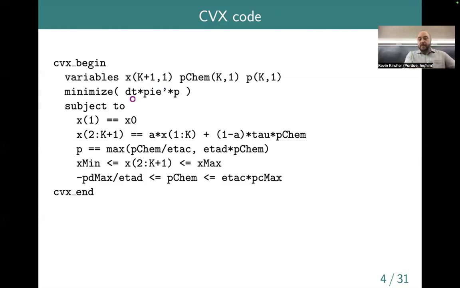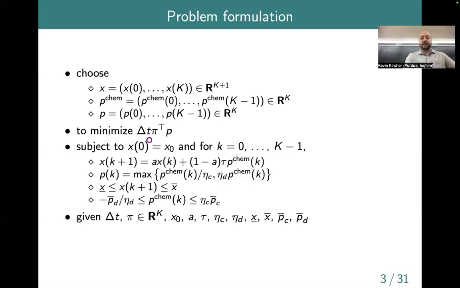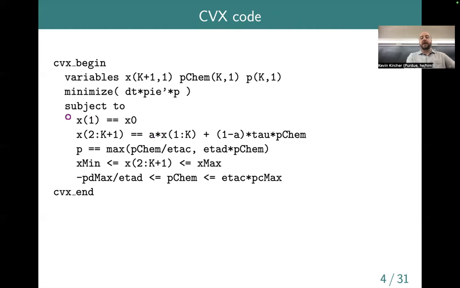And then we want to minimize dt times the inner product of our price and our power. And that's exactly what shows up here. And then we just write down our constraints. So here we have x1, the first element of x, we constrain to be equal to x naught,